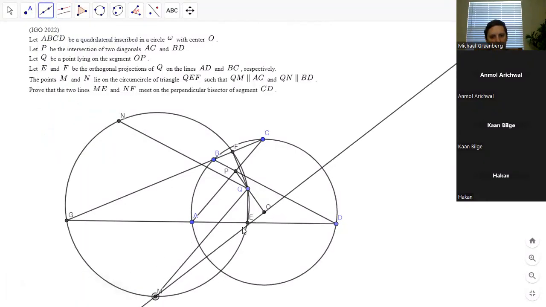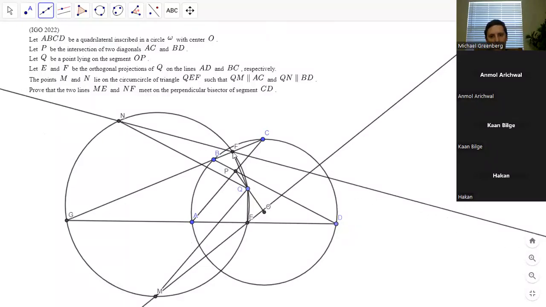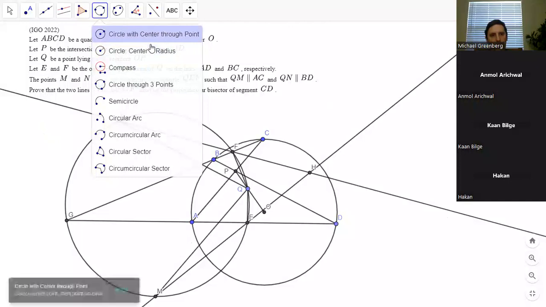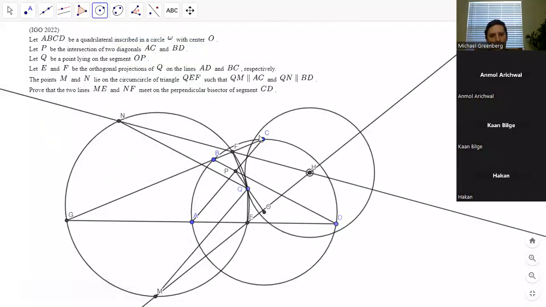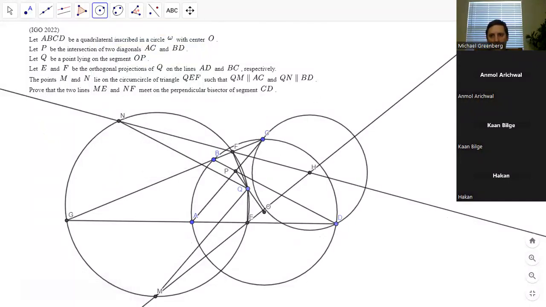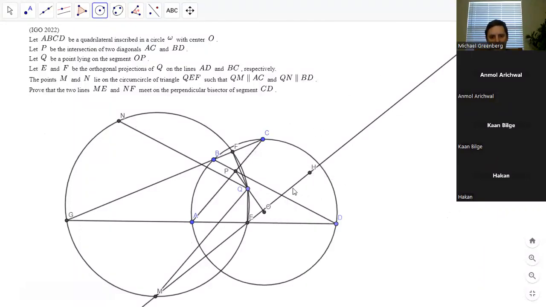So ME, maybe they're both. So whatever this point is, H, we want to show that CH equals HD. Yeah, a very weird statement, but